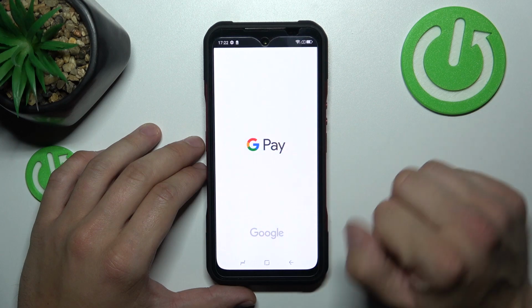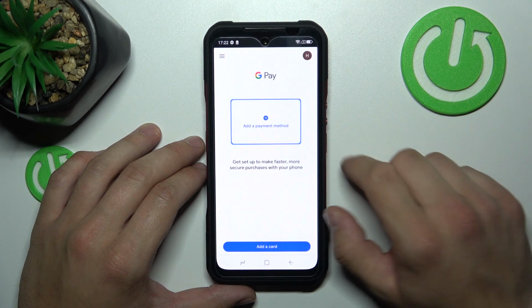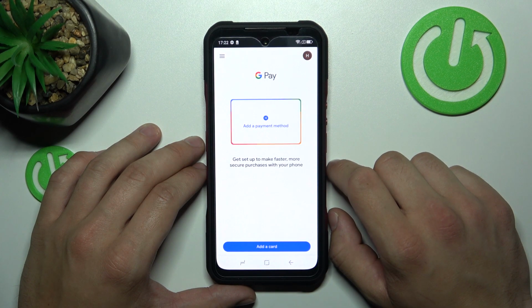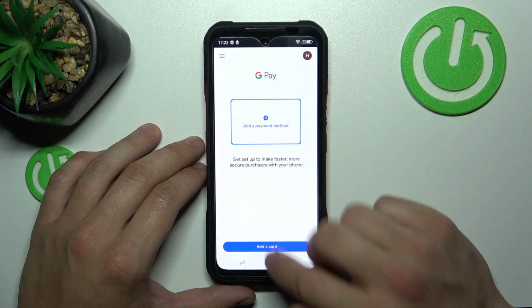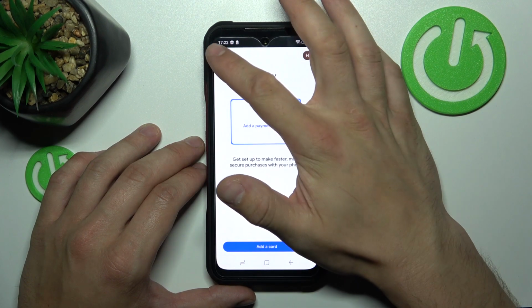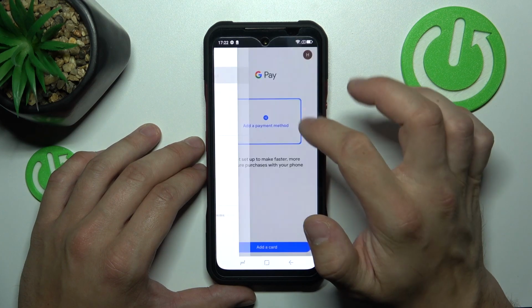Tap Get Started. And as you can see, from the homepage of Google Pay, you'll be able to add payment method and different types of cards. If you go to the menu, you've got access to all of your payment methods,